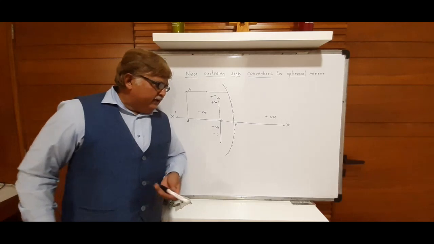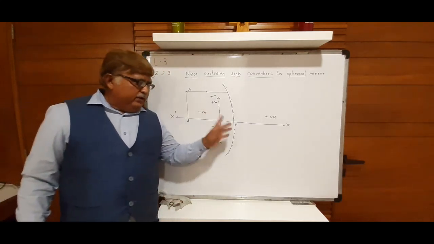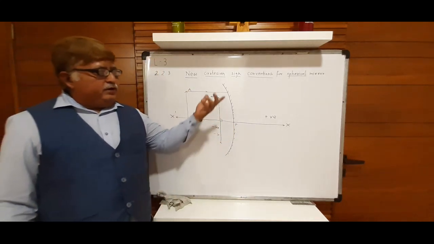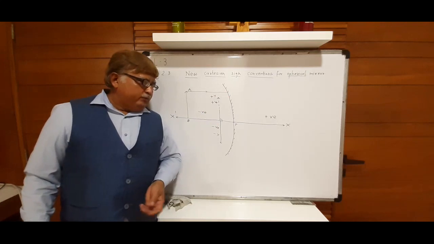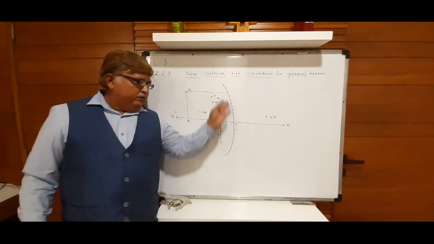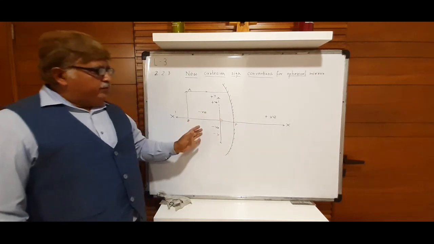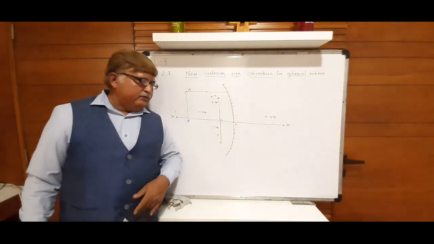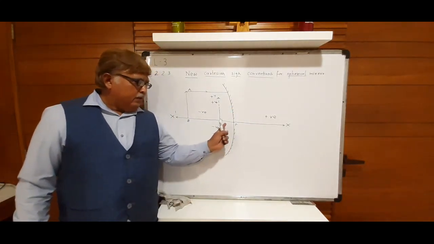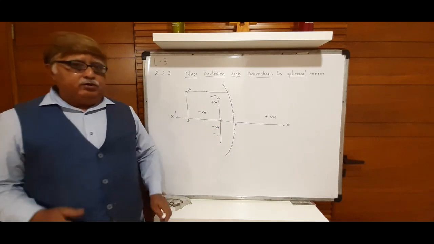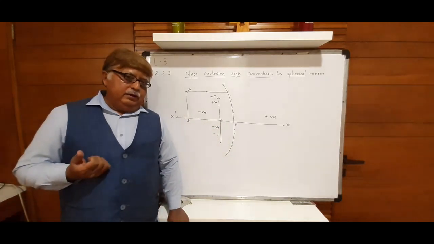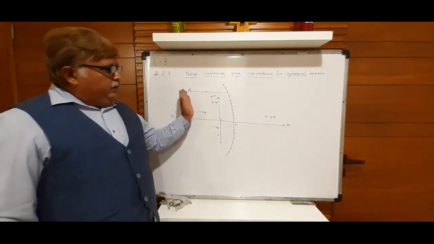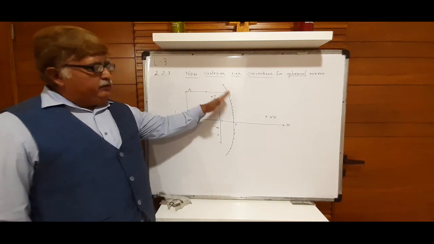So suppose you write one more rule, it's all okay, but the basics have to be there. If in exam asked, write all Cartesian sign convention rules for spherical mirror. So this is spherical mirror, this is pole, principal axis, positive y, negative y, x dash, that is coordinate x axis. How will you start? First rule, object is always kept to the left side of the mirror, means incident ray will fall on the mirror always from the left side.